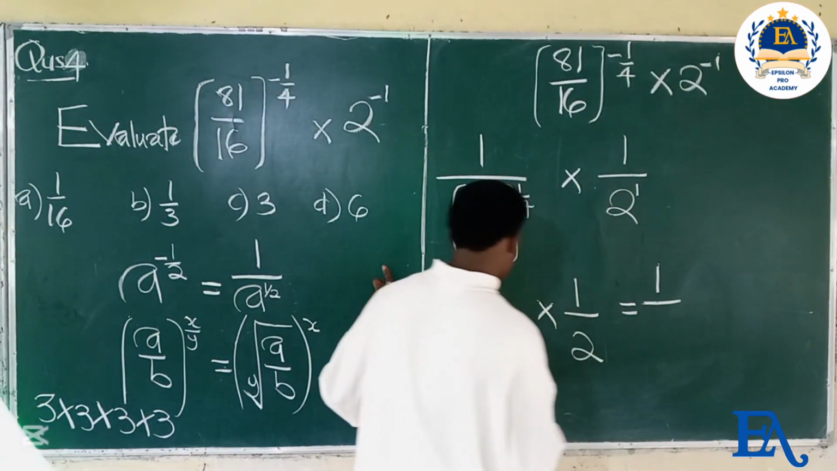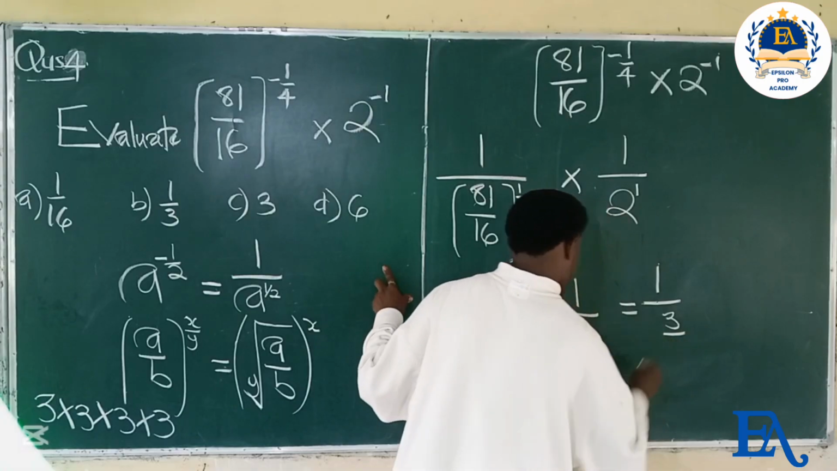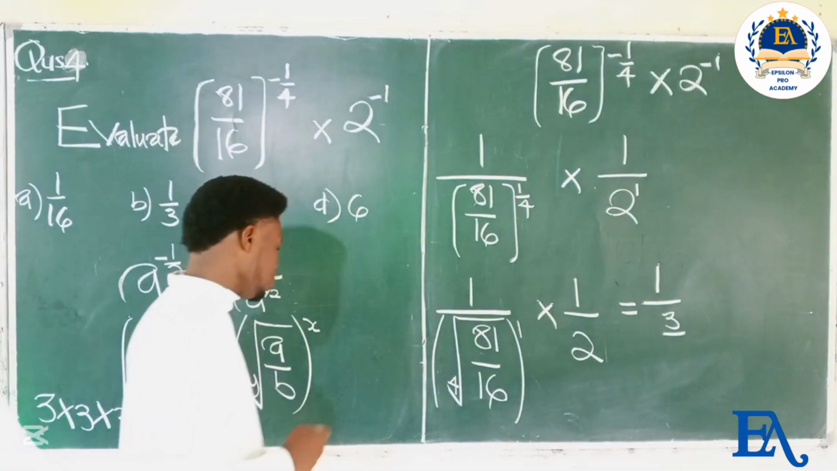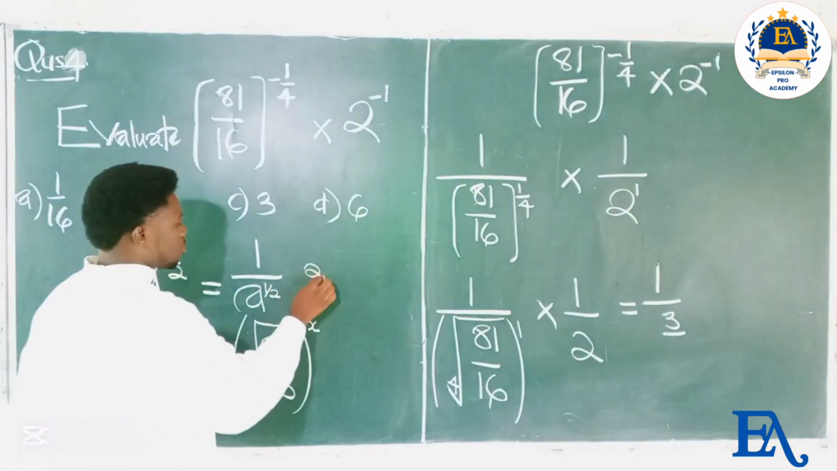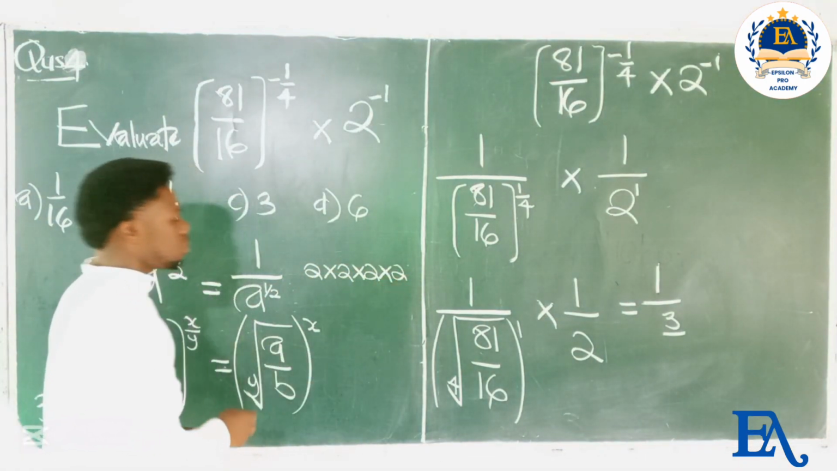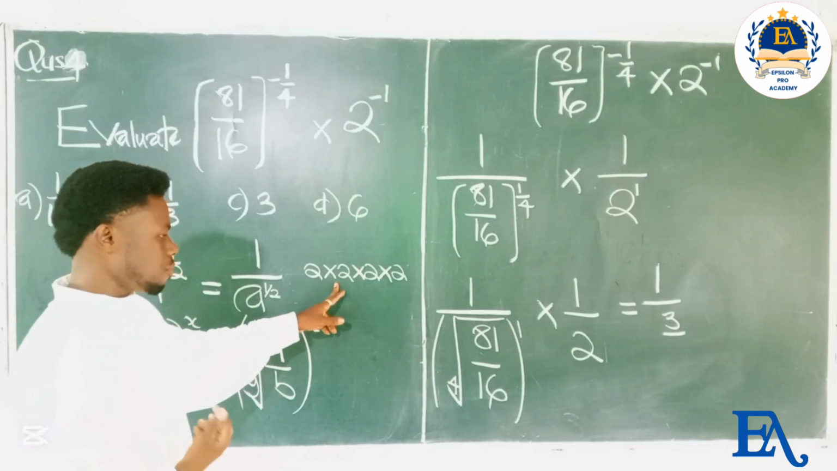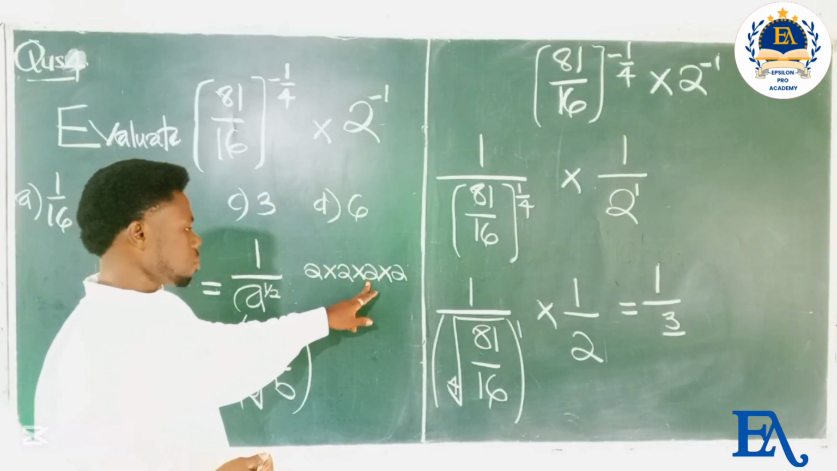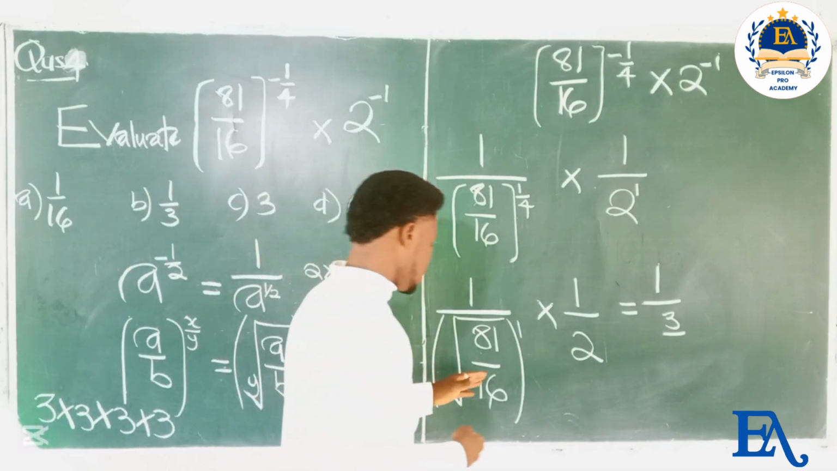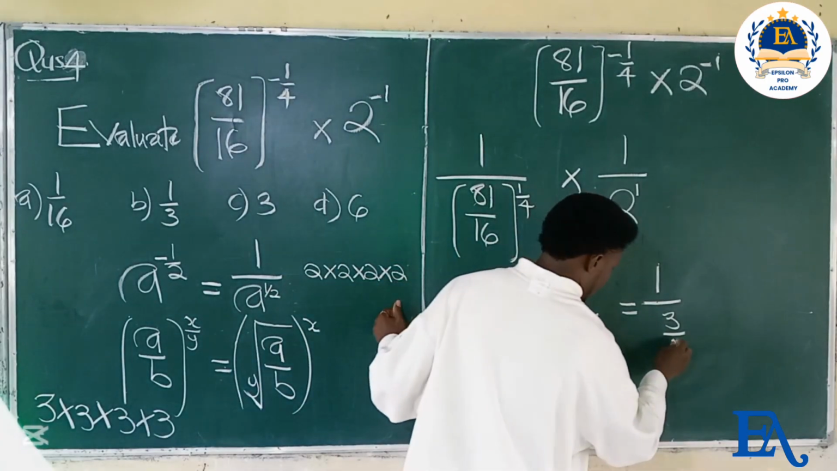the numerator of this fraction is 3 over the 4th root of 16, which is 2, because 2 times 2 times 2 times 2 gives 16. 1, 2, 3, 4. 2 times 2 is 4. 4 times 2 is 8, and 8 times 2 gives 16. So the 4th root of 16 is 2. So over 2